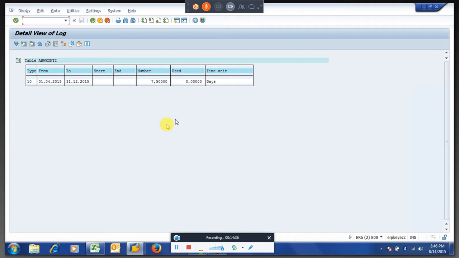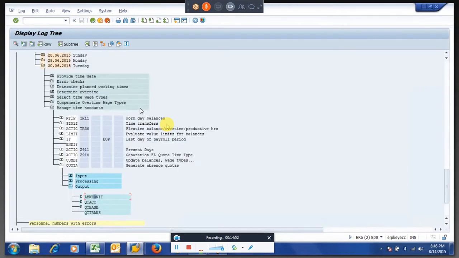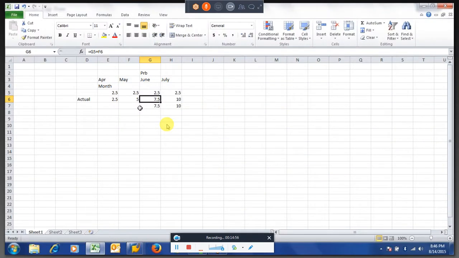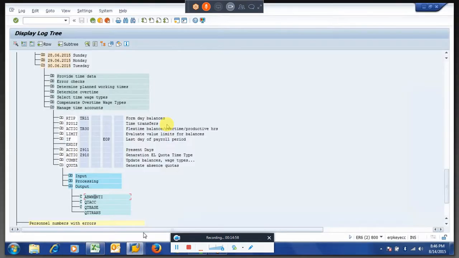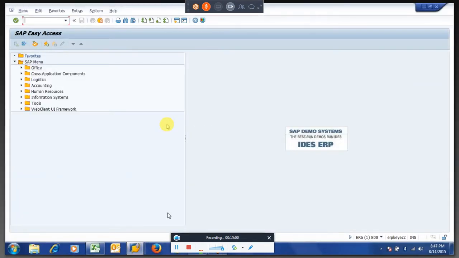If you people are not aware of dynamic actions, we can take a separate session for dynamic action. Here I am going to put the date manually. If you really don't know about dynamic actions, we have a user exit for these things, which even your ABAP consultant can do for you.